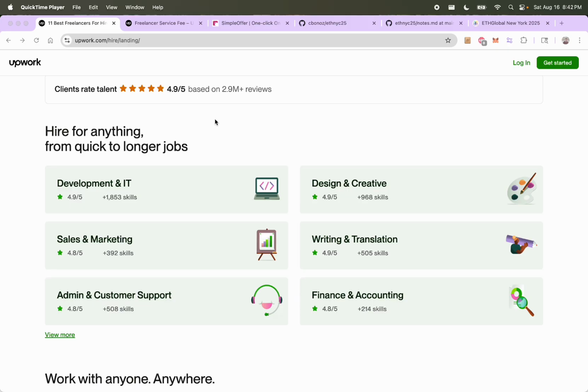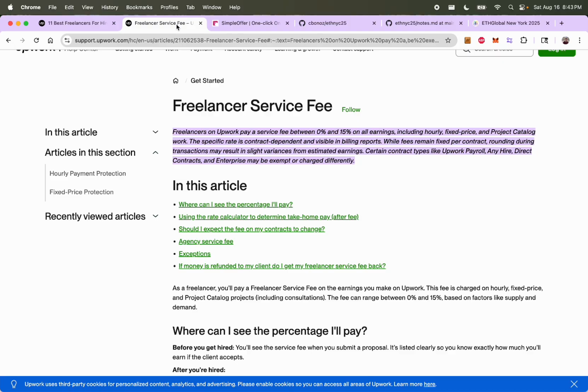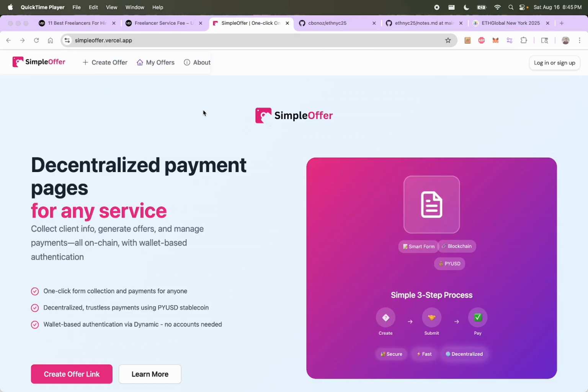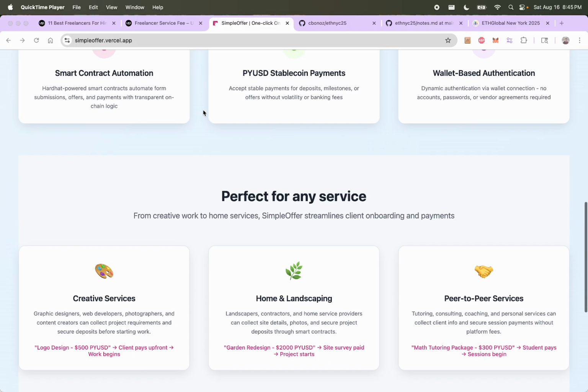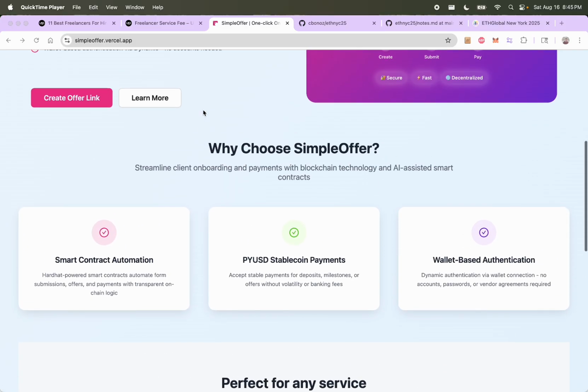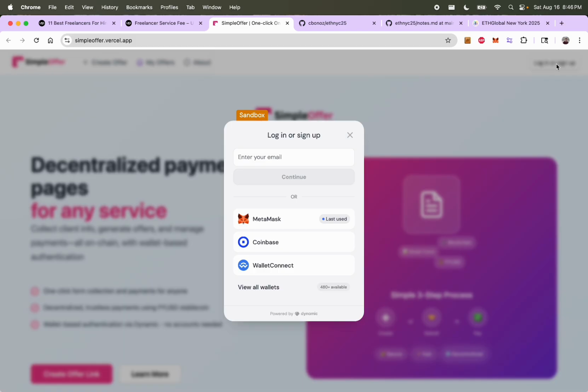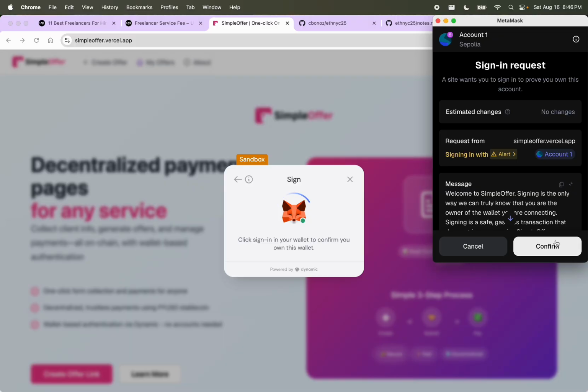Now, some of you may have used apps like Upwork, which work pretty well. However, once you have an established relationship, you're often getting hit 15% on every single transaction. So I wanted to see if I could put together a simpler version of that that didn't have the hefty fees and leverage smart contracts as the intermediary between someone interested in an offer and someone that has a service to give. So right now, this app is hosted on Sepolia, and you can connect your Dynamic account and use